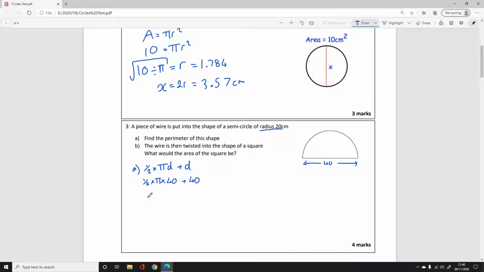And we can put that all together and we can get a value of 102.83 centimeters. Now, the question here is that the wire is then twisted into the shape of a square. So that means we would have a square where we've used all that wire and we've got ourselves a perimeter of 102.83 that we've already worked out. So what do we need to do? Well, if all 4 of these sides together add up to 102.83, then just one of those sides, let's call it A, would be equal to that perimeter